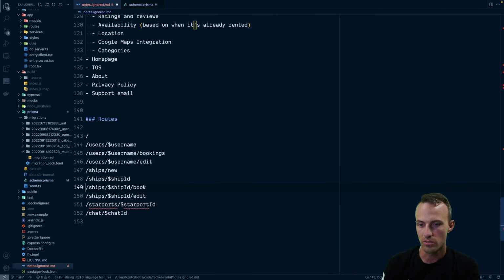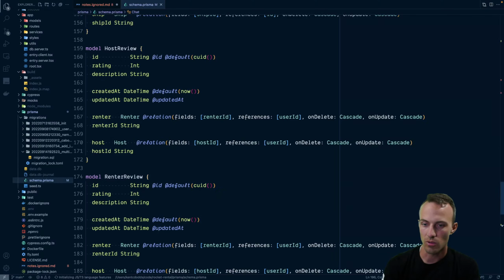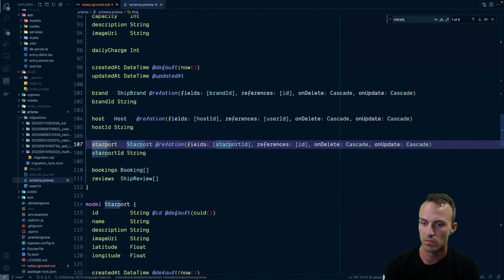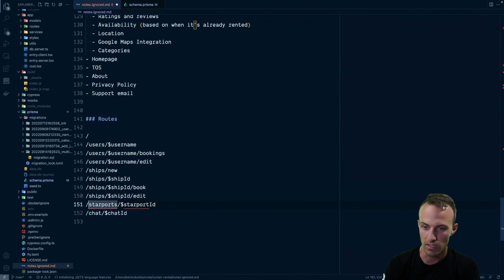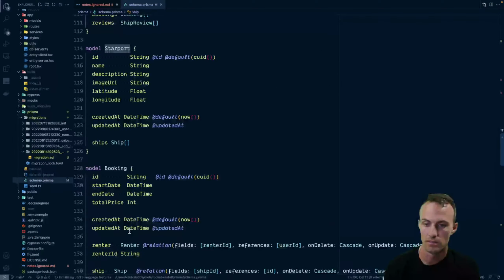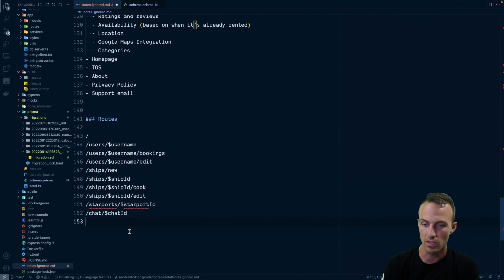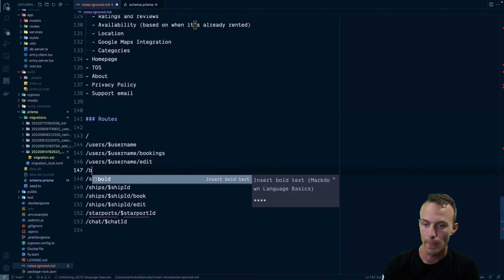Yeah, ships will have reviews. That will just be on the page though. Users will have reviews. That will just be on the page also. Do starports? I don't think I have a starport review. Yeah, and I don't think we need one. There's no extra learning for that. Okay. Bookings. Do we need a booking page? Probably, right? So I make my booking. Yeah, so we'll have bookings,